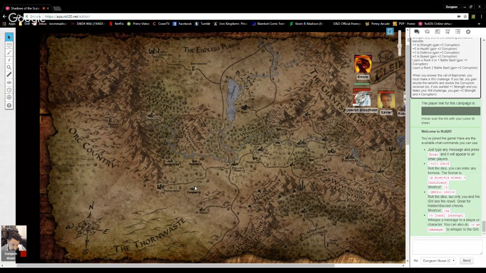The other thing is I wanted to see the characters level up faster. And in Shadow of the Demon Lord, the way that the game is recommended to be played at default is that you play 11 adventures, and that takes you from level 0 to level 10. And it's a complete campaign in the course of those 11 adventures. So I could set specific milestones and see the characters go up at a clear rate. They would be able to see a set of characters go from beginning to end game in the course of one campaign, because I've never done that.